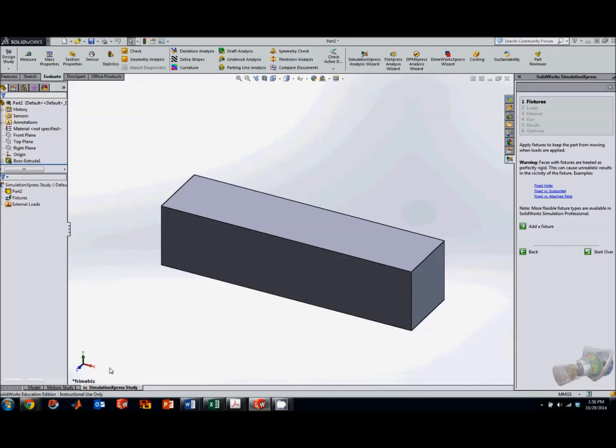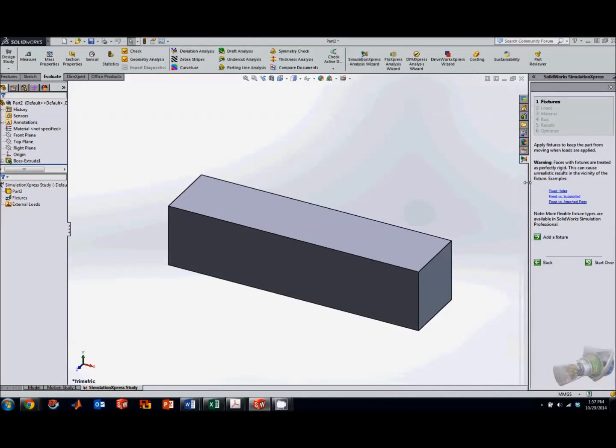So make sure you're on the SimulationXpress study tab, and you can actually go through these one by one steps as laid out here in the SimulationXpress Wizard. But I'm going to skip a few of these just so I can talk about the details of each of these features. So the first thing we need to do is we actually need to have a material defined for